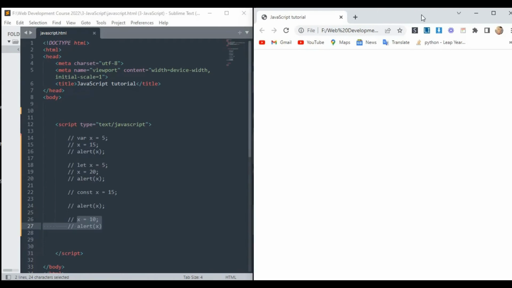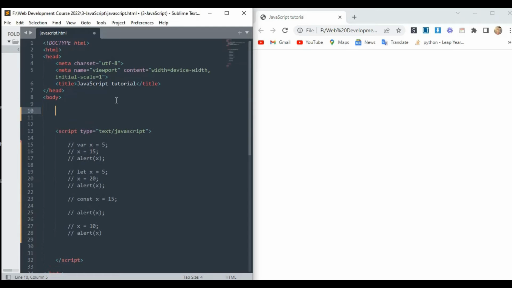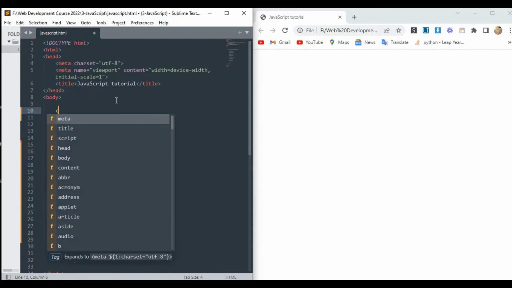So now we make a simple project. We make a project with an input here and a button here. Now when the user enters some value in the input and clicks the button, our value is printed here. For this I simply use HTML, and in HTML I write